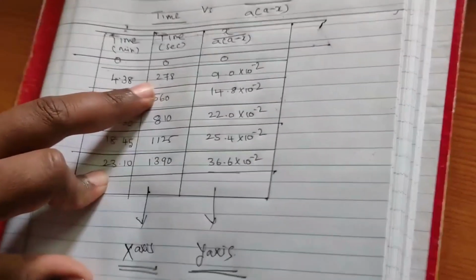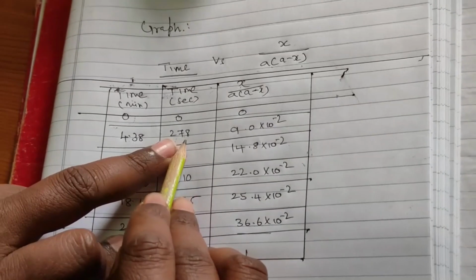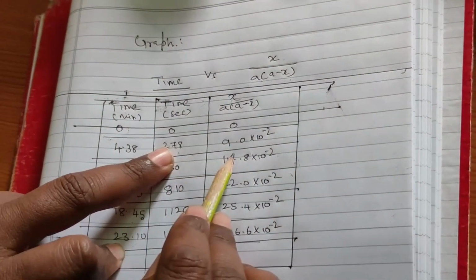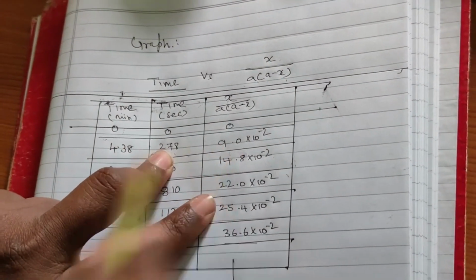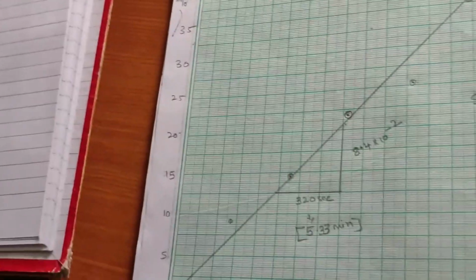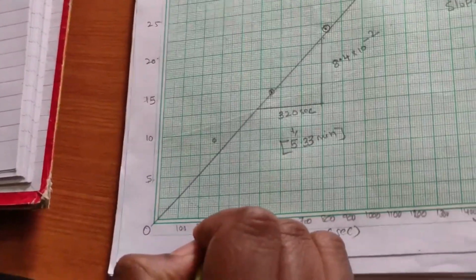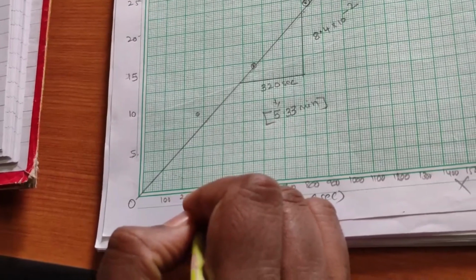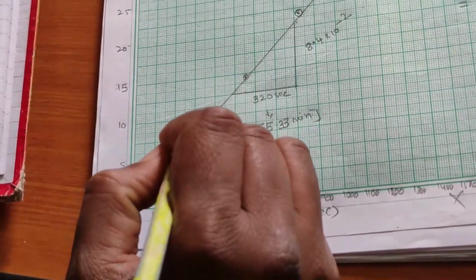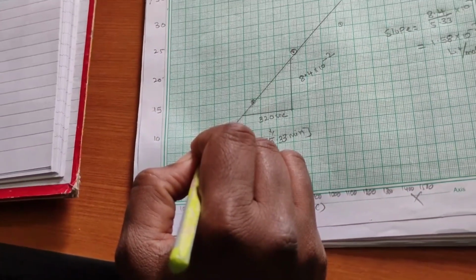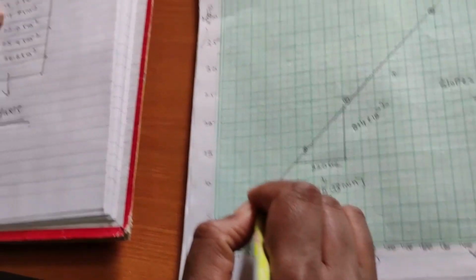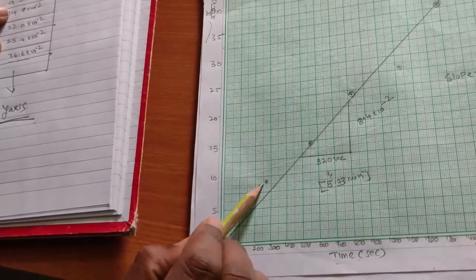You just see carefully. So I am just marking it through seconds. 278 units in time, and we have the value 9.0. So this is 200 and this is 300. So 200 to 300 is between, you are having the 278 over here. 9.0, so below the 10. So the first point has been made over here.